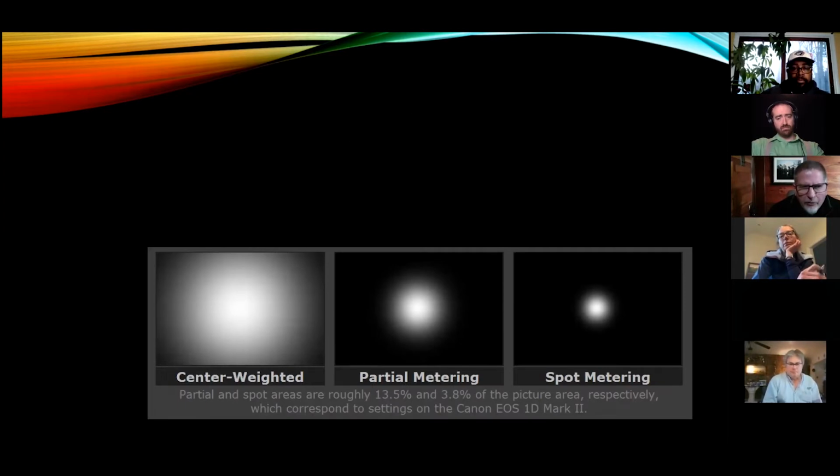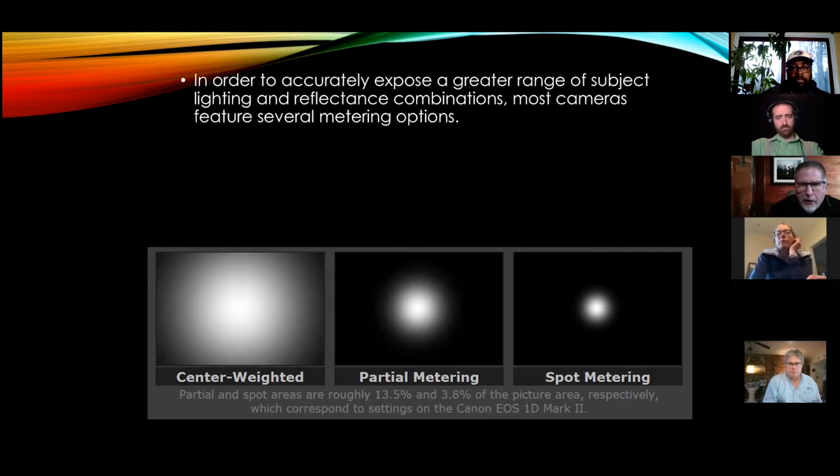And here's just a couple of examples of center weighted, partial metering, and spot metering. In order to accurately expose a greater range of subject lighting and reflective combinations, most cameras feature several options for metering, and that's fine. The question that we have to be able to answer in our mind, and the reason we need to be smarter than our camera, is we need to choose the appropriate scenario for each one of these